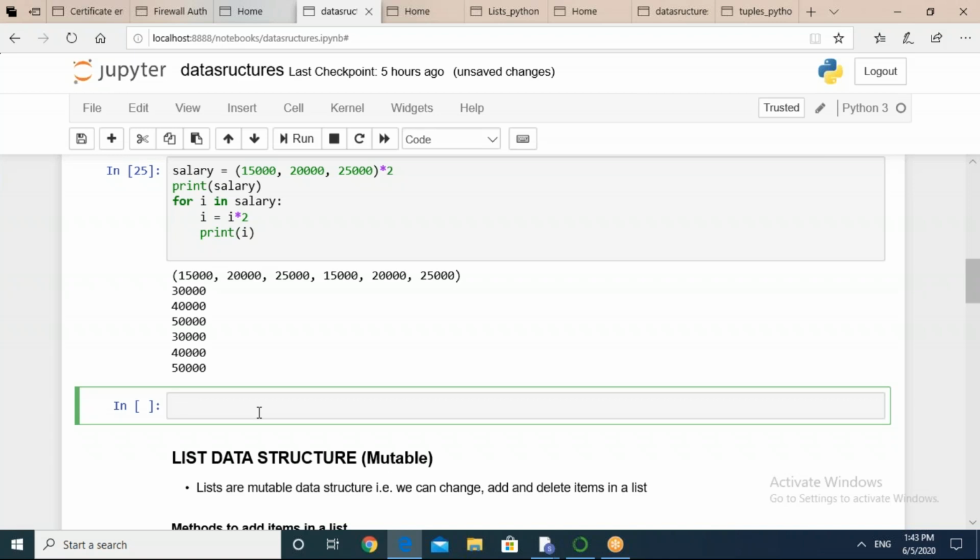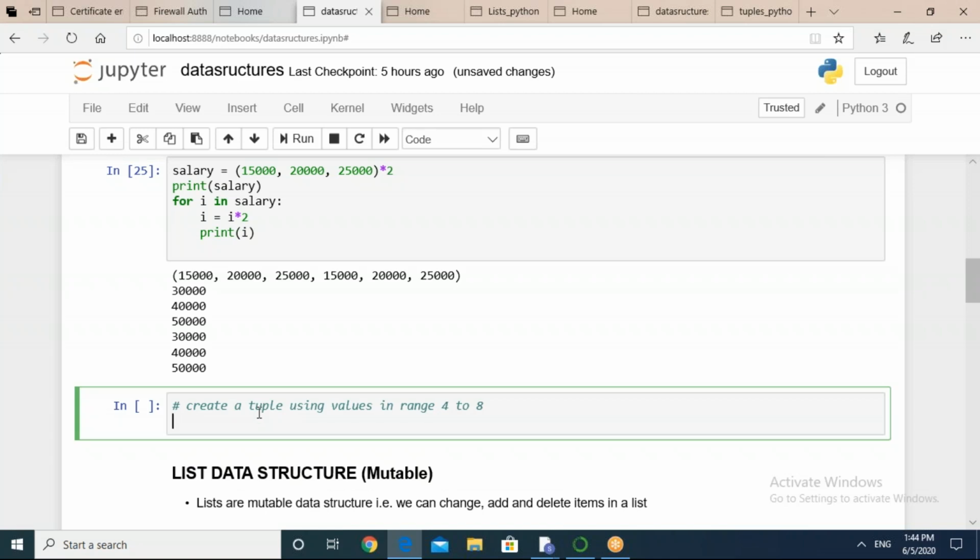Create a tuple by using the values in range 4 to 8. Do it on your systems.